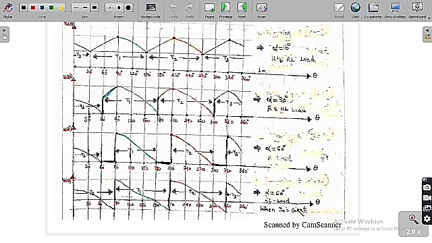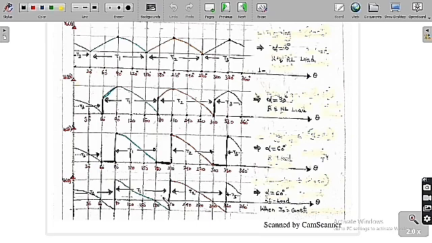Suppose we are going to take the RL load, and I am going to assume that I0 is constant, which means it is always a constant value. Because of that, we get the same diagram and the same analysis of this circuit as the previous one. But the only difference is that in the previous case it cannot be negative, whereas now it can be negative in this region, because here it is always conducting, until T2 is triggered,